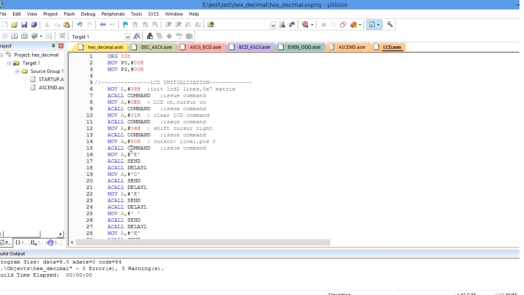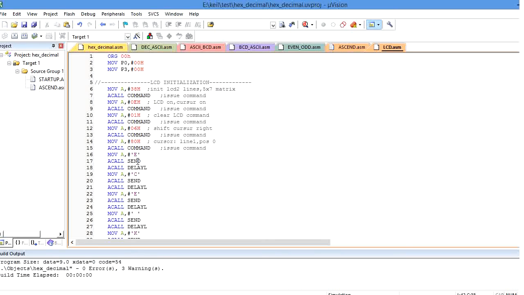And next I want to display the data. I want to transmit the data from the microcontroller to the LCD device. How can I do that? For example, I want to transmit the data ECEKIT. So in order to transmit data, what am I going to use? MOV A, #'E'. This is the data I want to transmit. One by one I am going to transmit the characters from the microcontroller to the LCD device. That is MOV A, #'E'. After that ACALL send, because E acts as a data value. That's why I am going to call ACALL send here.